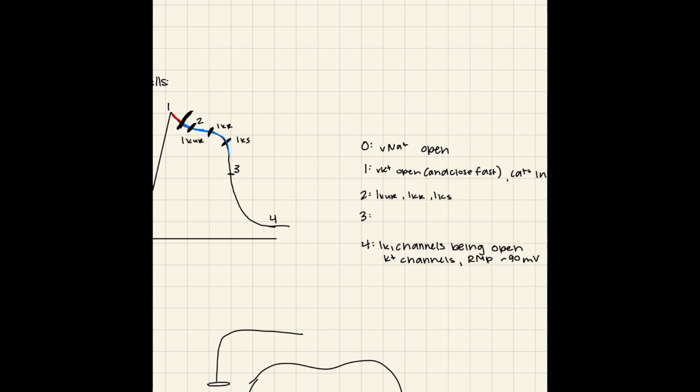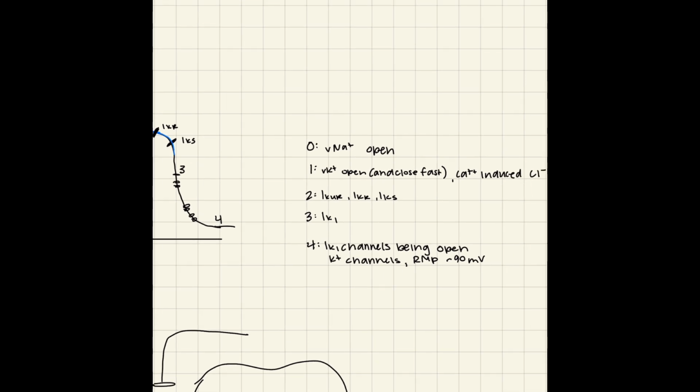So as we open more and more potassium channels, that driving force for potassium is going to start overcoming calcium. Then in step 3, we're going to open IK1 channels, because IK1 channels start to open as we're getting more hyperpolarized, just like the HCN channels. So we open IK1 channels as we repolarize the membrane, and the further down in repolarization we go, the more we open. So here there might be 1 open, here there would be maybe 2 or 3 open, and then in step 4 we open all the IK1 channels, which are all open,